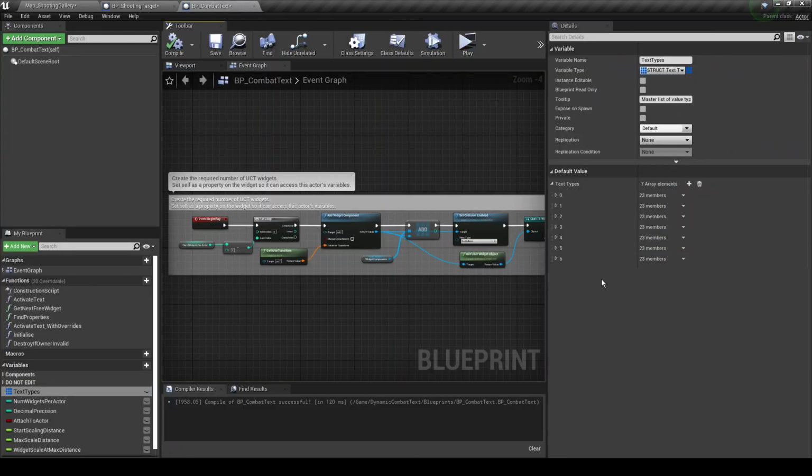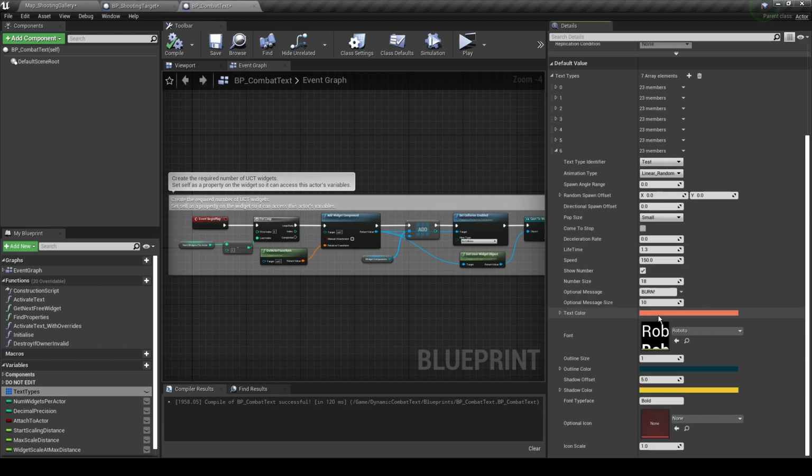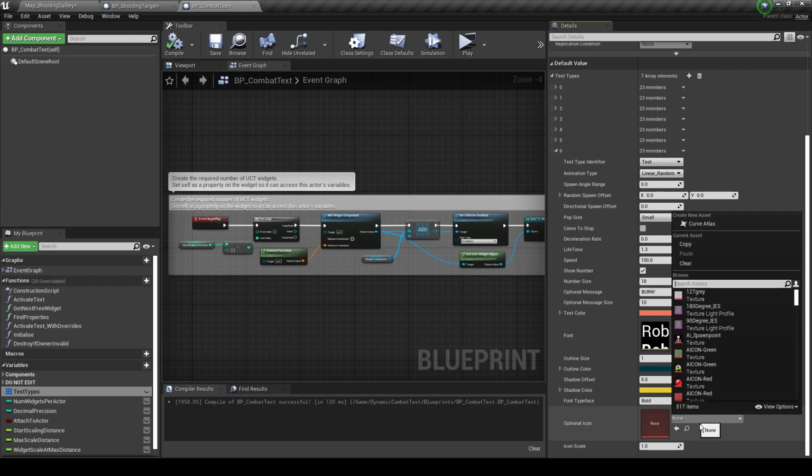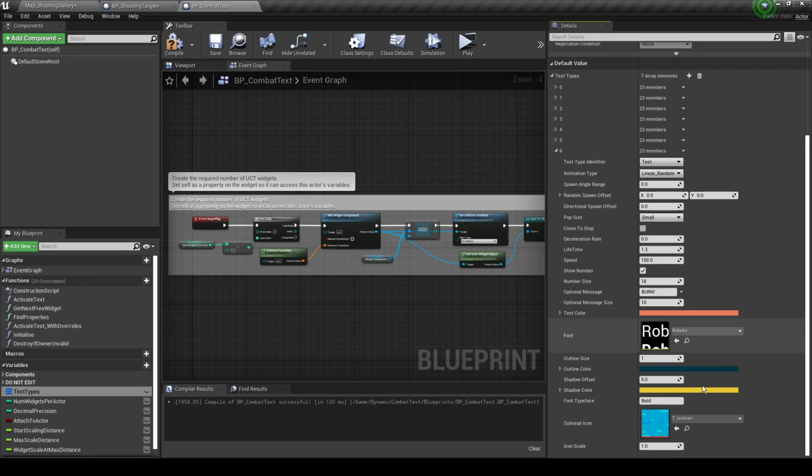Okay, so these are all the settings. Sorry, there's one more I forgot about, the optional icon. By default it's set to none, but if you add an icon, let's say we add cold, I think it's called, freeze, nope, ice. I'm trying to remember what I call my own assets. So if we set the ice icon,